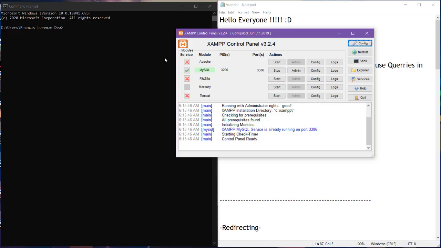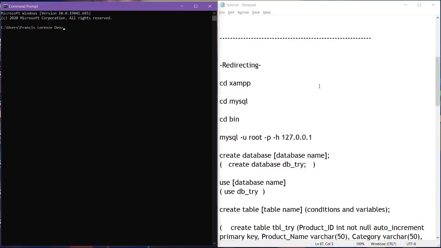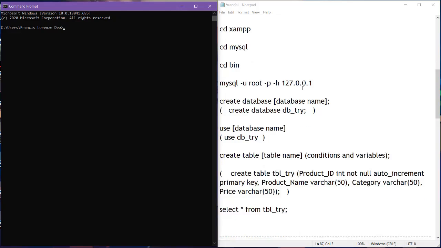So as you can see here in our command prompt, the command prompt is not yet redirected in the XAMPP, so we need to redirect it. But I'm still at my users folder, so we will redirect it by using cd dot dot. So we can go back another cd dot dot. Then now we are in our C drive.